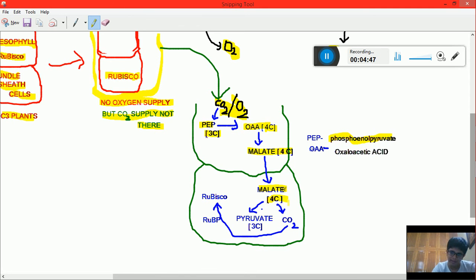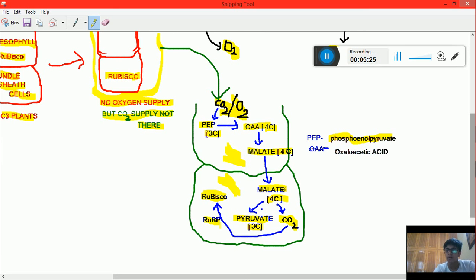Later on in bundle sheath cells, it gets converted into pyruvate, which is a 3 carbon molecule, and carbon dioxide is released. So pyruvate is formed and then carbon dioxide is released from here, and then this carbon dioxide goes to rubisco, where rubisco is present. As I've told you, in C4 plants, rubisco is not present in this region or the mesophyll part. It is present in this region, or we can say bundle sheath cells. So it goes to rubisco, where rubisco is present, and then it reacts with RuBP or ribulose bisphosphate,